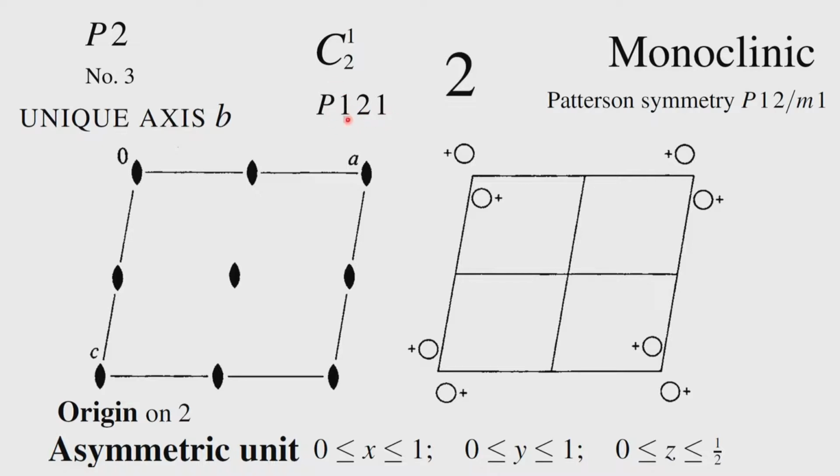The 1 represents the symmetry along the x direction, assuming that the unique axis is B here. 2 represents the twofold axis associated with the B axis along the y direction, and then the z axis again has no symmetry, or one fold symmetry. So, instead of writing the full symbol as P1 2 1, we write the space group as P2. The equivalent points we will see in a little while, but what we see here are the 2 diagrams which are of immediate importance.